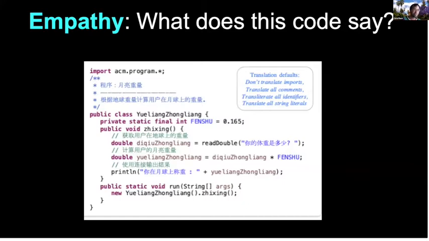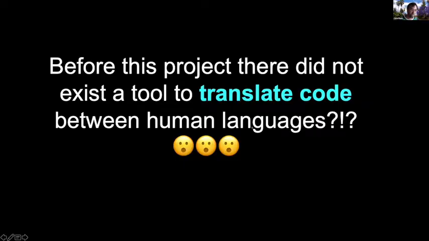And just to start out with a little empathy, I just want to start by asking you guys to try and figure out, what does this code do? And on some level, you're like, Chris, this is hard for me to understand because this code is in Chinese, and perhaps you don't speak Chinese. And on some level, this is an experience that a whole bunch of students are having in the world. How many people have an experience like this where they have to look at code in a language they don't understand? Well, it turns out a lot of people.